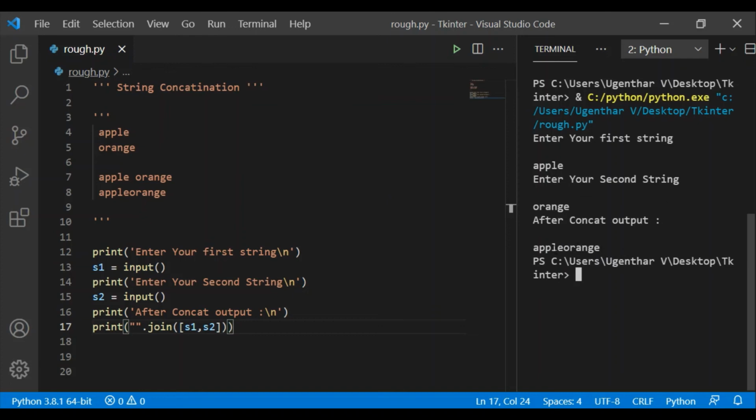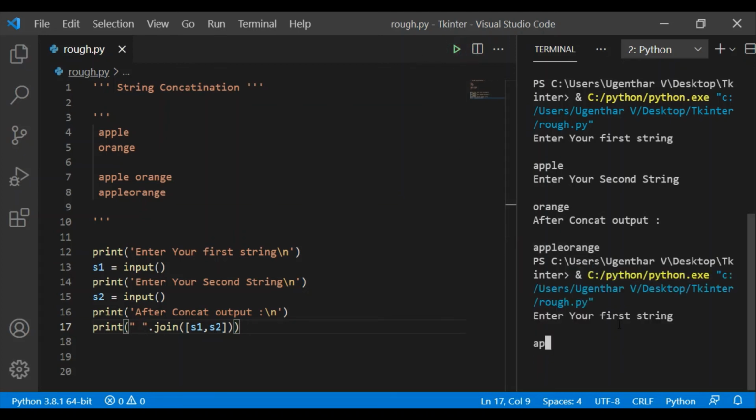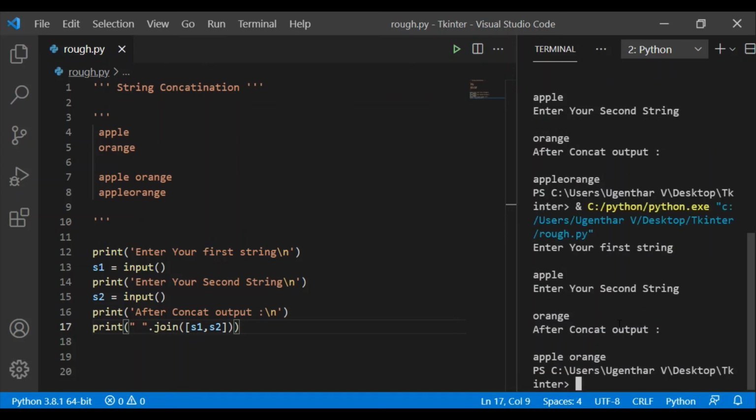After concatenation, in order to give a space, you can use a space here. Let's see the output. Like apple, orange. Now you can see the space here.